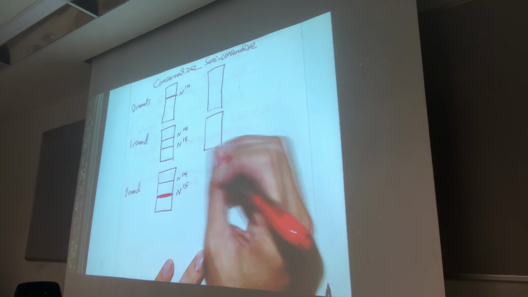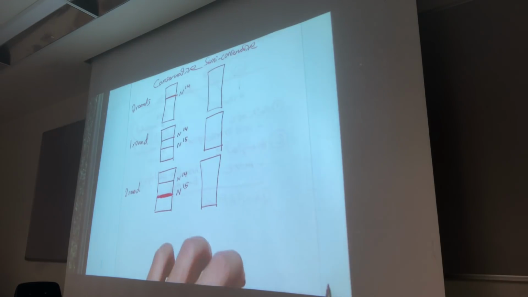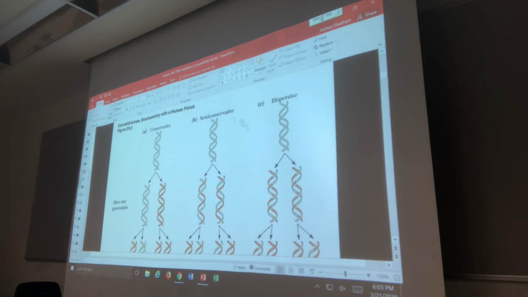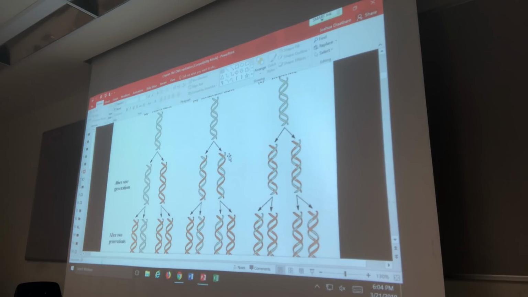Okay, again, sometimes this is asked about in a word problem format, this Meselson-Stahl experiment, but we'll finish covering this and I'll give you some potential questions. So semi-conservative, let's see. 0 rounds of replication, it looks like it's the same. It still is only going to be made of nitrogen 14. After 1 round of replication, we have something different. After 1 round of replication, we've created 2 hybrids, 2 hybrid strands of DNA. Each of these is composed of 1 strand of nitrogen 15 DNA and 1 strand of nitrogen 14 DNA.